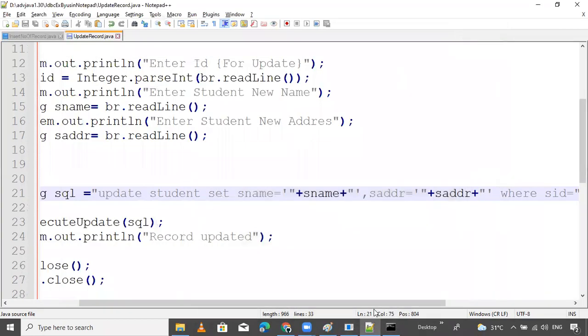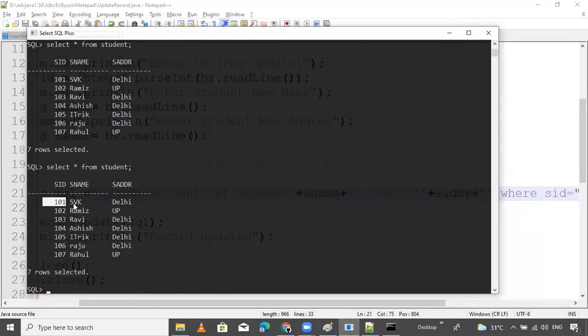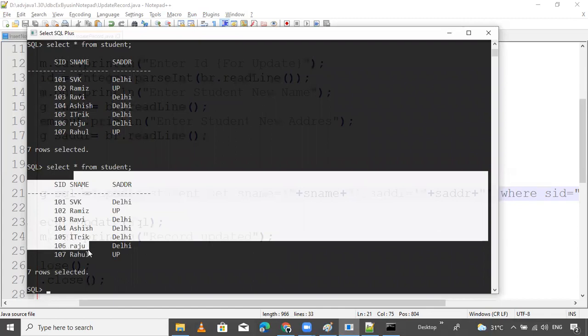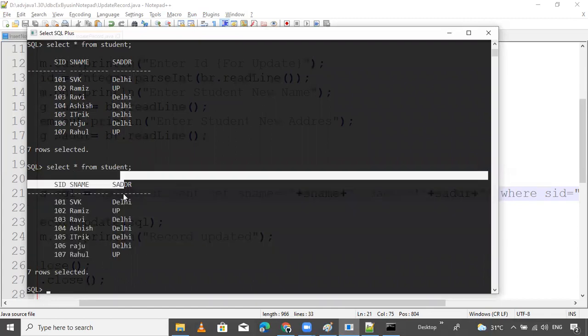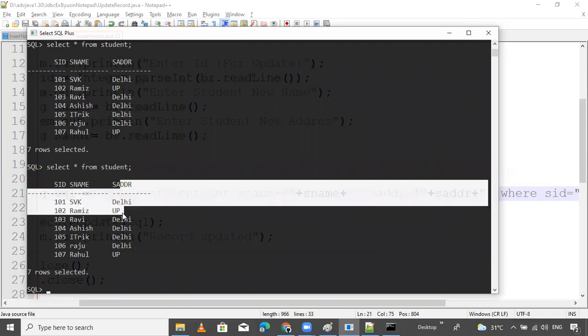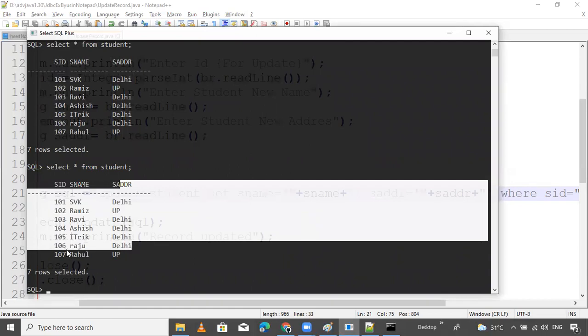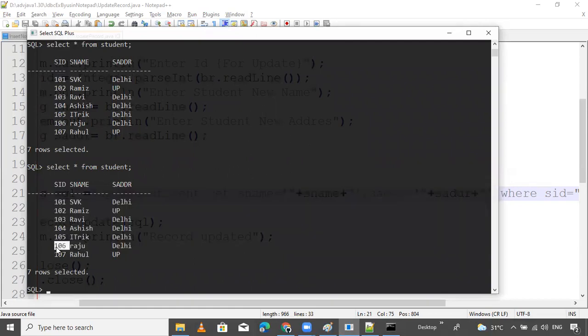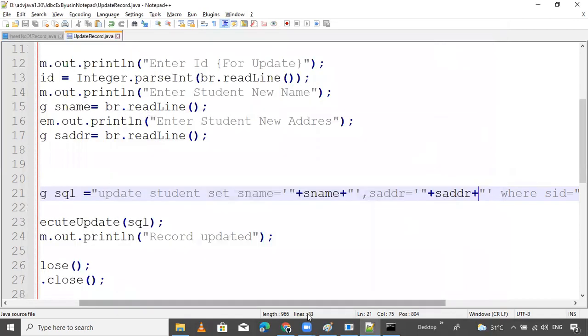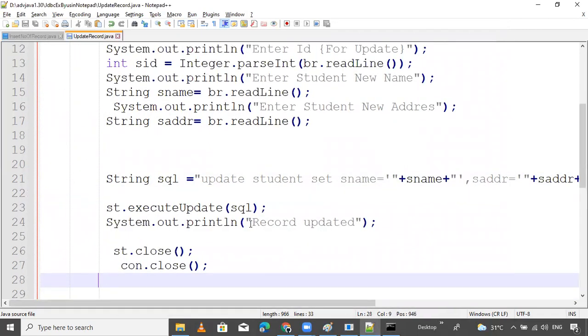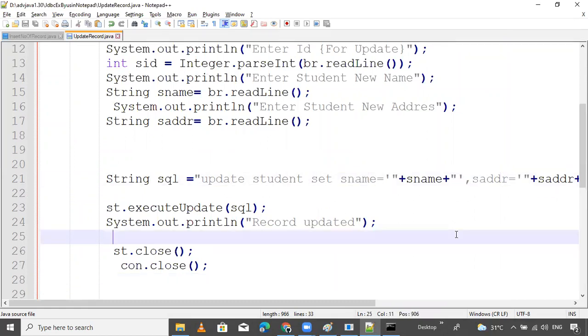Only the S name column we performed updation on before. This time I am updating both name and address, but our ID is the same. We will not change the ID column. We are updating only two columns: first the S name, second the SADDR.